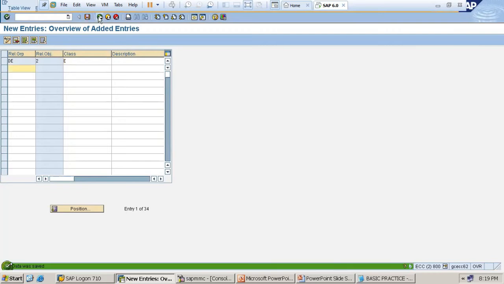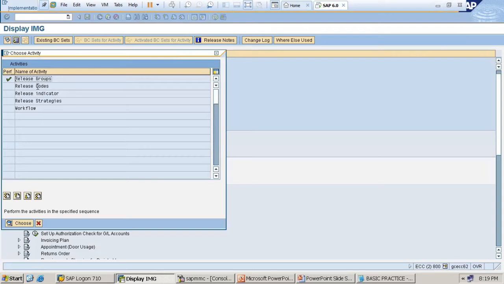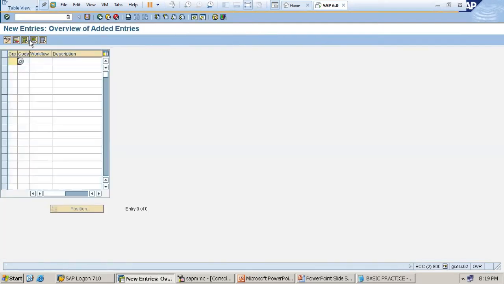Save it. Come back. Come back. Then release code. New entry. DE is my release group. I want creator, then DE manager, then DE general manager.